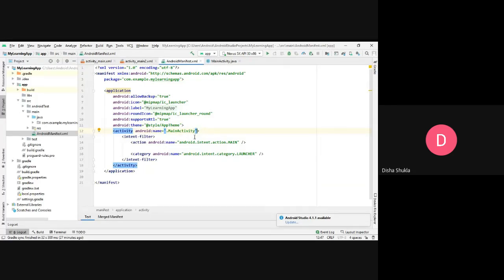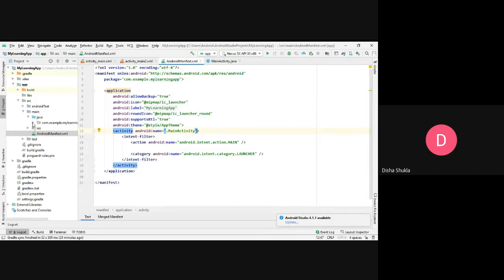The permissions that you want to take from the users, you have to mention in your manifest file. Besides that, if you are using the camera or some other features related to your phone, you need to mention them here. If you want to use the external SDK or the internal storage, to read the storage or write the storage, all those things you need to mention over here in the manifest file.